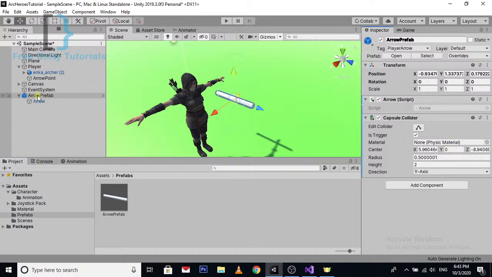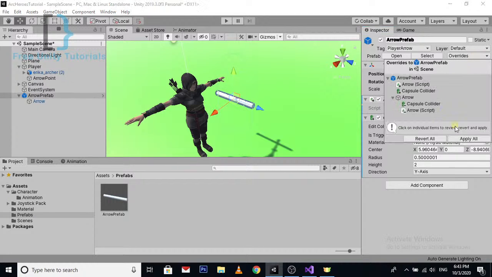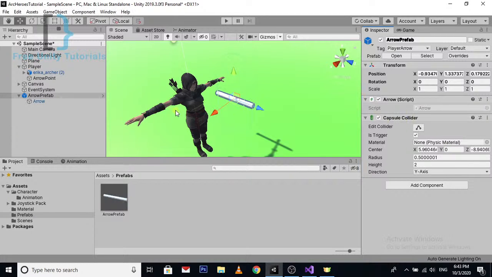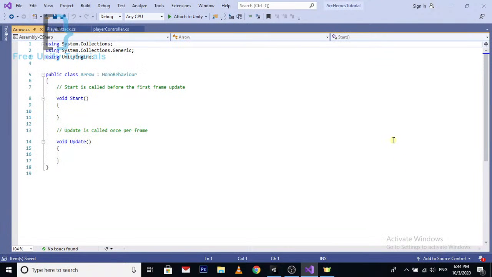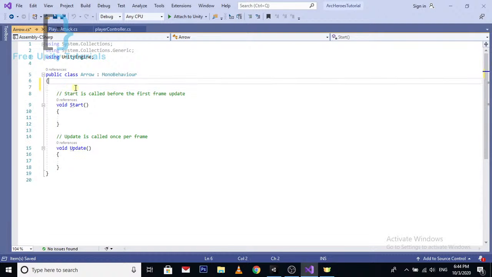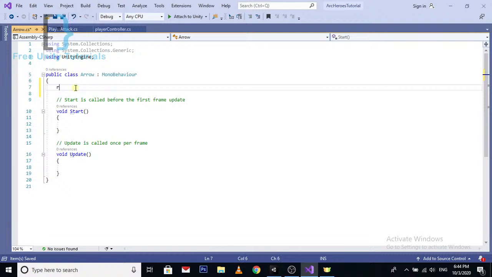Paste the component, then apply all. Okay, so now we have created our arrow, and then also, keep it here for now. Added a script for arrow, and then rigid body RV,